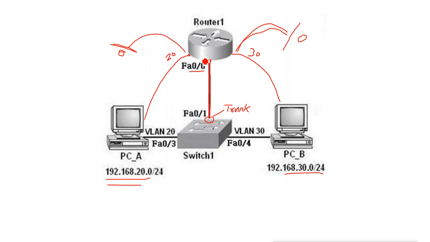For example, when the data comes from PC A, it is coming from VLAN 20. When it reaches the trunk port, the trunk port knows that it has to send it to everyone. So it will send it to the router with this port. So VLAN 20 data comes to the router. Now the router doesn't know anything about VLANs, it knows about the MAC address. The MAC address is this physical interface's MAC address. So it will send it to that MAC address. Data reaches the router.